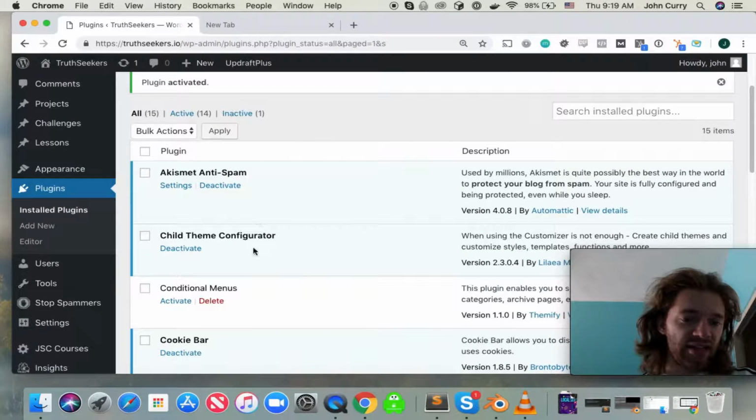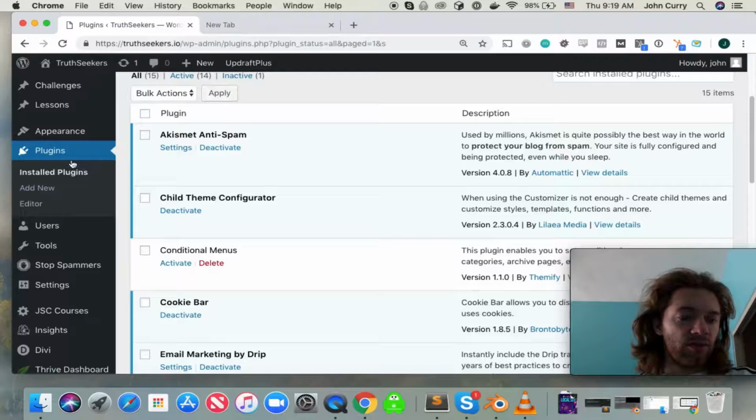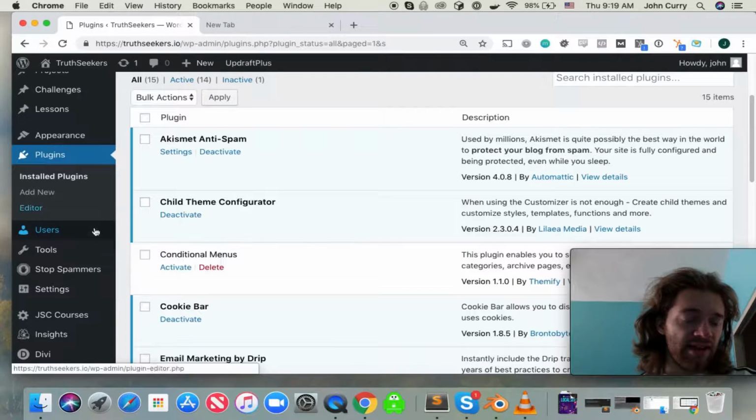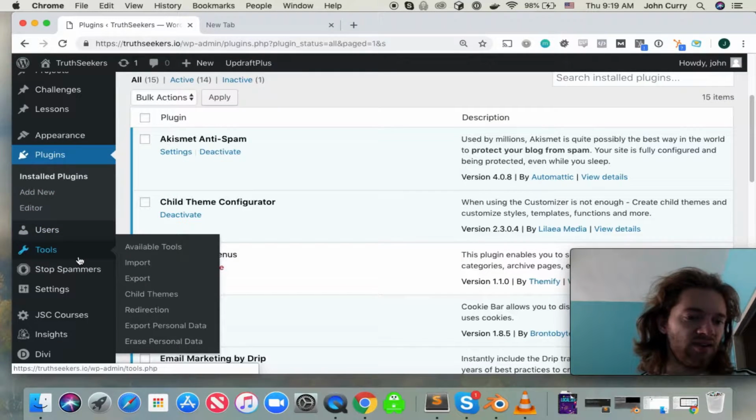Once it's activated, you should probably back up your website first, just in case. But anyway, once you've activated that plugin, you can hit Tools,